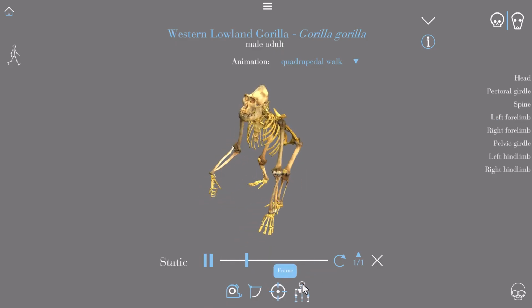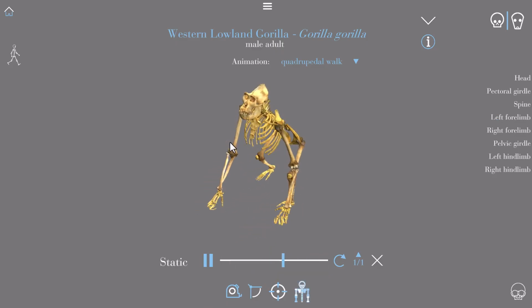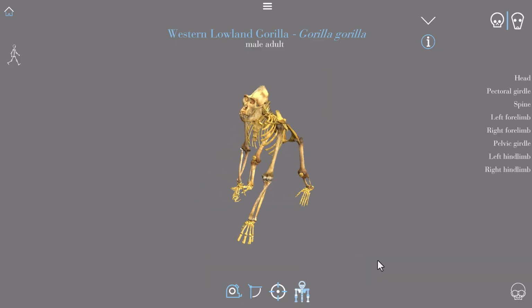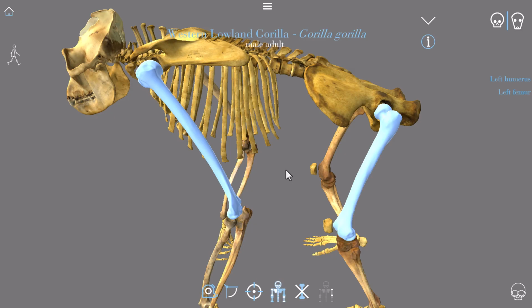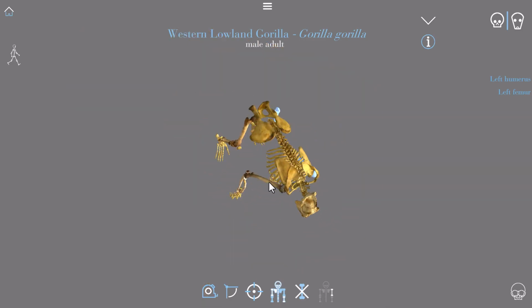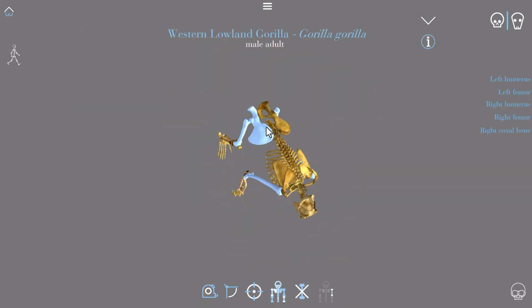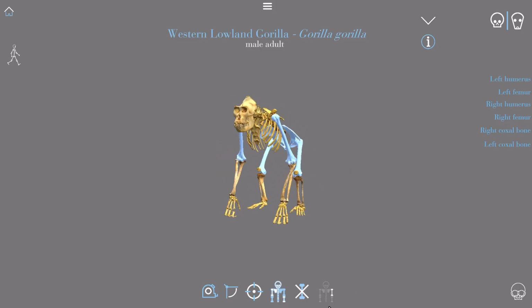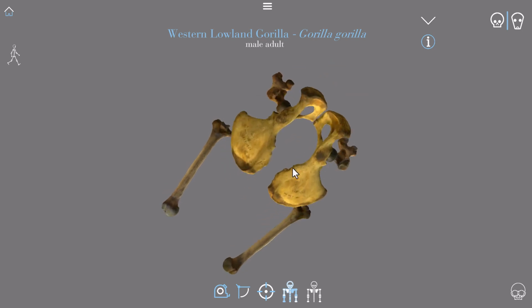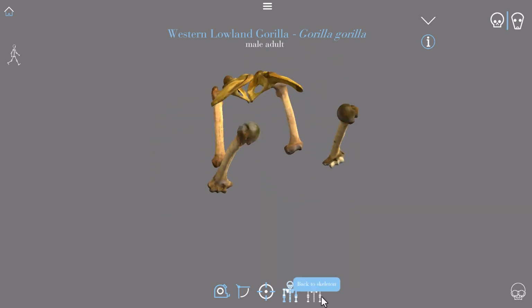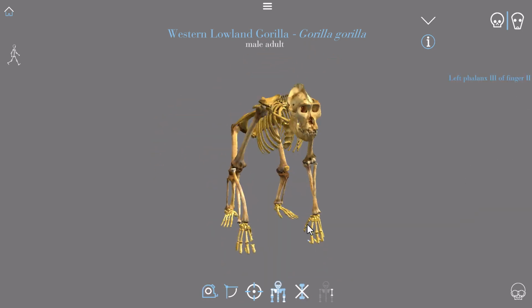So I can go ahead, click on multiple selection, and let's actually stop the animation as it's making it a little bit hard to select. And we can select that, select these other ones, and we can also select these other ones as well. So we can have all these parts selected. We can choose to isolate them if we just want to study these parts and see what we can do with that. If we bring this all the way back,